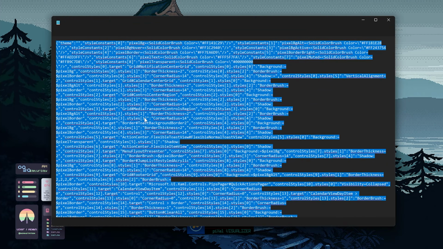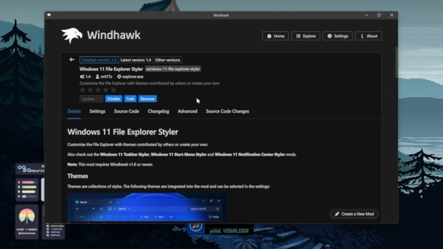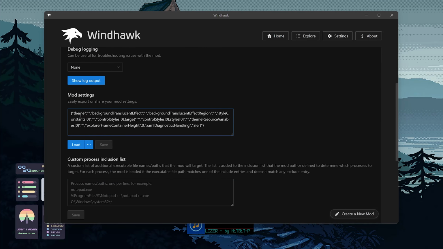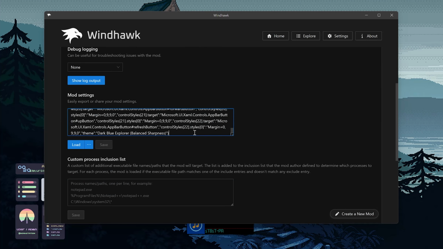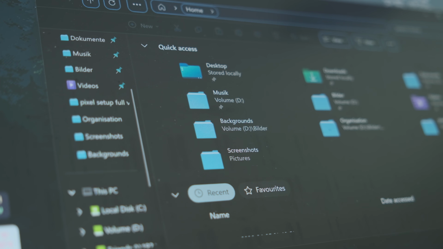one last time and open up the File Explorer code. Same as with all the mods before, copy everything here and paste it in the advanced section for this mod in Windhawk, and definitely don't forget to hit load and save to apply the styling. Fitting to that style, I also want to quickly show you some custom fitting icons to completely round off this